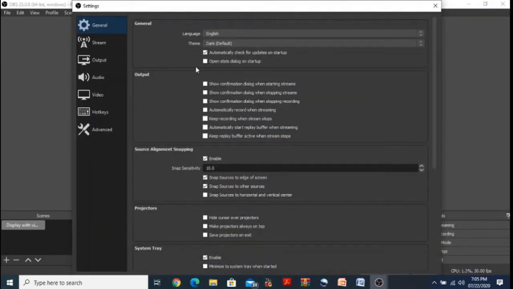Then the setting part lets you set the properties of your audio input sources, the video resolutions or video output, and hotkeys. So if you want to change any settings, you can click on the setting button. It will show you the different options. General option, where you can set the language, the output messages, the projection.